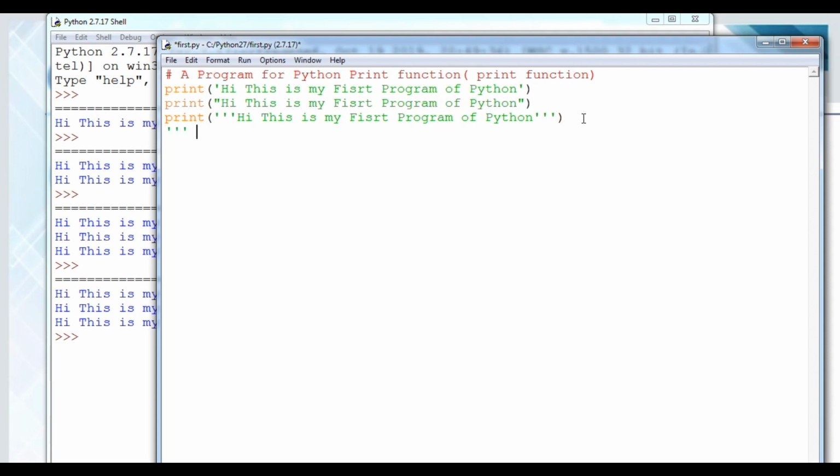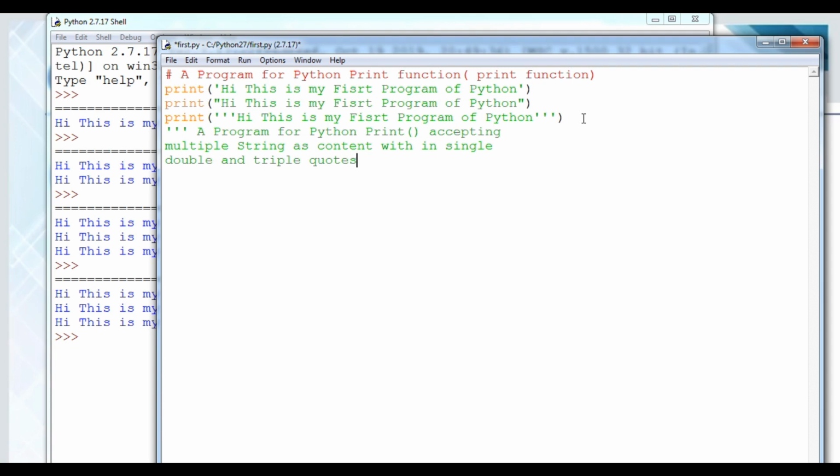Simply I have written here: a program for Python print method or function, accepting multiple string content within single, double and triple quote.